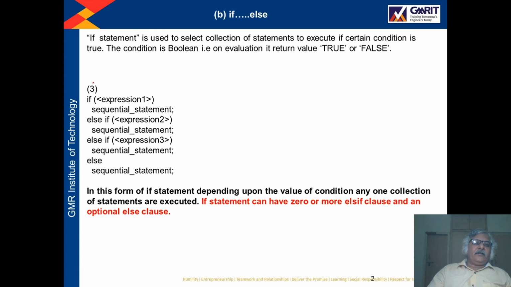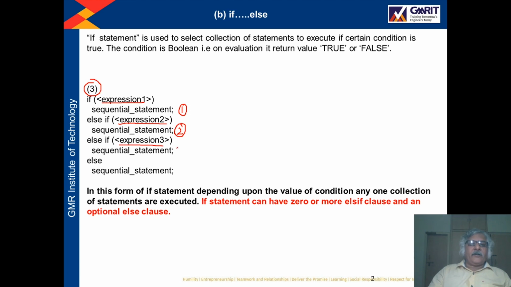So this is the third form of the if-else statement. If expression 1, then sequential statements 1 will be executed, else if, depending upon the second expression, the second set of sequential statements will be executed. Then there is a third expression.